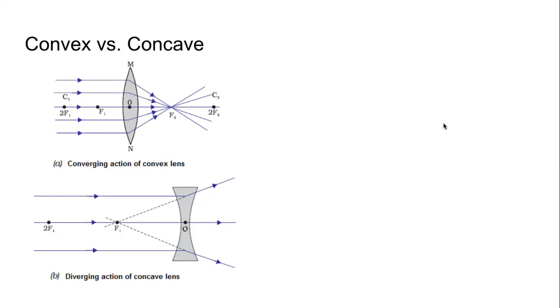Now, it's a fun question I'm going to ask. What will happen at F2 where all the light is getting concentrated? If we keep a paper here, what will happen to that paper? Suppose we are keeping this lens outside in summer, it is very hot, and we keep it in such a way that there is a paper at F2. What will happen?